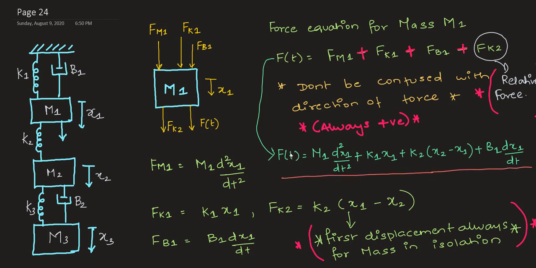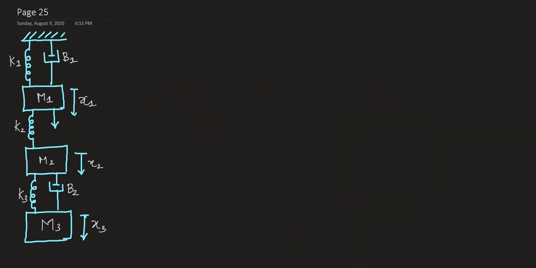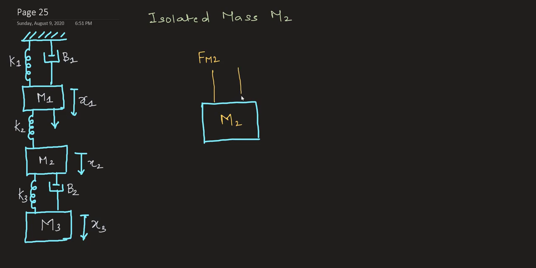So now this is my force representation for mass M1. Next, we are going to isolate mass M2 and do the same steps which we followed for M1. So I am isolating mass M2, and what are the forces on M2? I have my Fm2, then I have my Fk2, then on the other side I have my Fk3, then